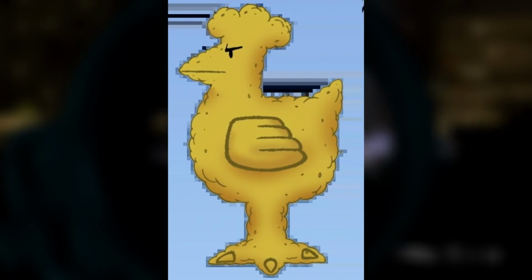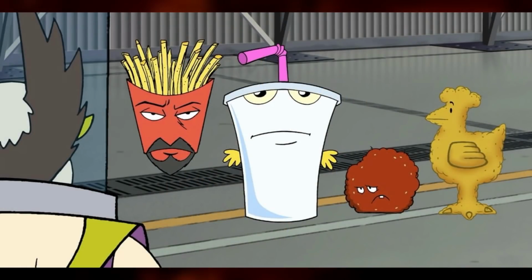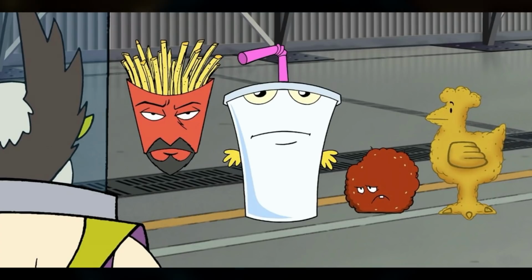Dr. Weird. He was constructed from a million chickens fused together. He was only featured in the Aqua Teen movie and is one of the only few characters to die a canon death and not come back to life, unless the creators plan on resurrecting him in the upcoming Aqua Teen movie, but until then, he's permanently dead and he's never coming back.